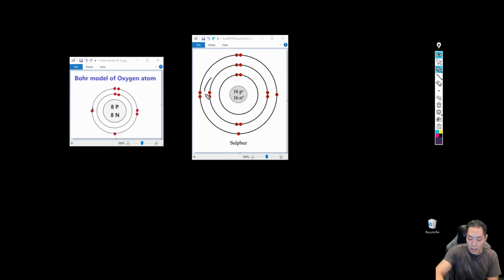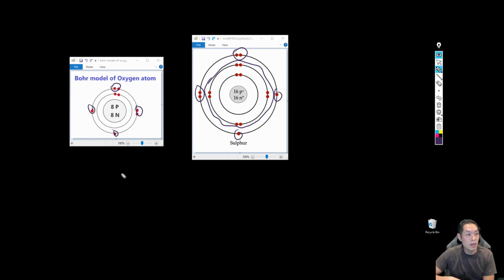The electrons within aren't ever going to see anything, so they really don't do any interaction. It's these outer electrons that do all the interaction. And since both oxygen and sulfur, even though they have different numbers of electrons, have an outer shell that looks very similar, with 6 electrons, they're going to react very similarly. Now, sulfur is going to be a little bit different because its electrons are a little bit further away compared to oxygen, but they're going to react similarly to each other. So if we just do that as a whole,